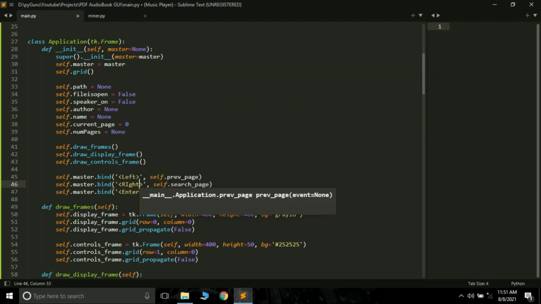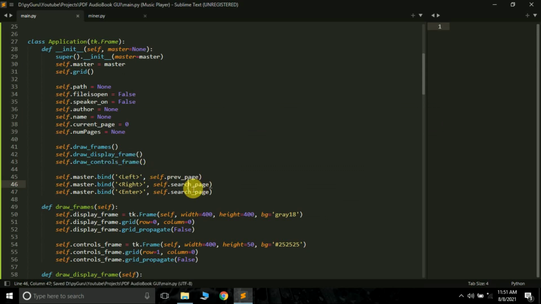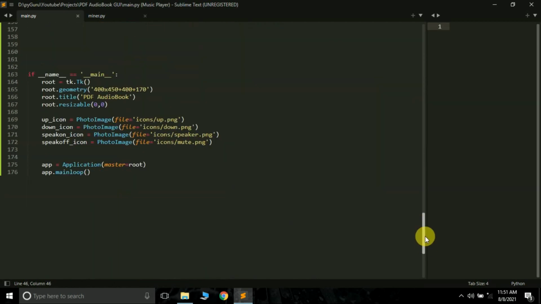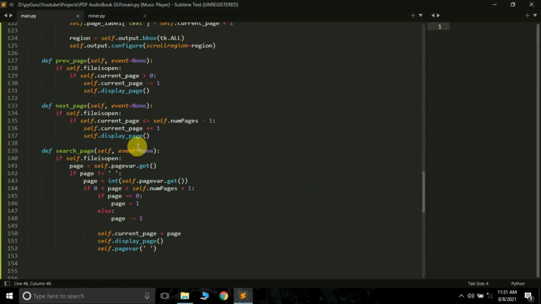I hope you learned this too. And here I want to move to the next page. But remember, if you want to bind it to your keys, you have to pass event here, event equals None, otherwise you will get a long error.